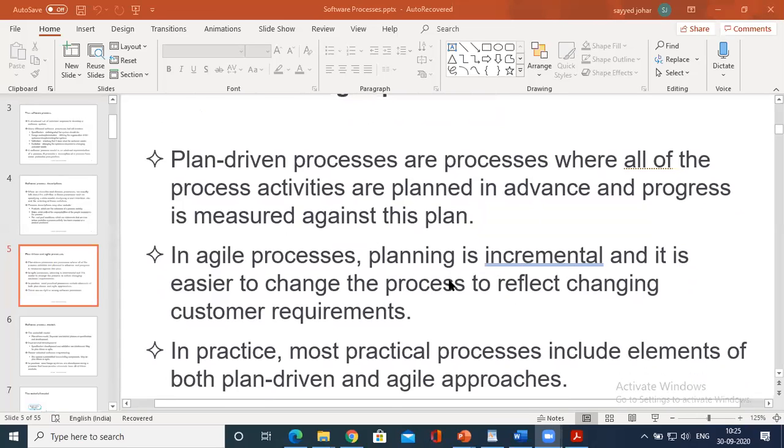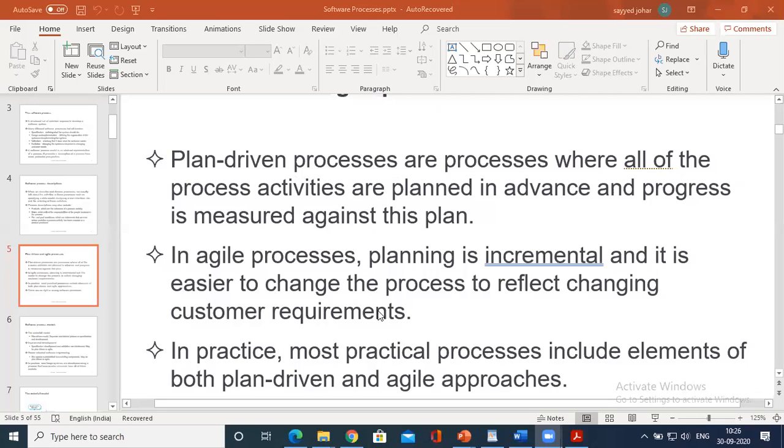But when do we go for agile process? When do we go for plan driven process? It depends upon the kind of requirement. If the requirement is stagnant for 50 years or 100 years, maybe we'll go for a plan driven process.